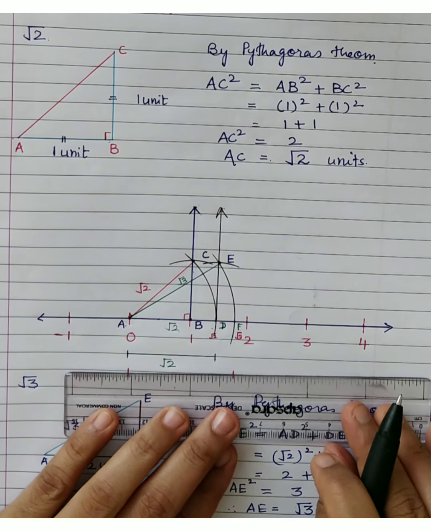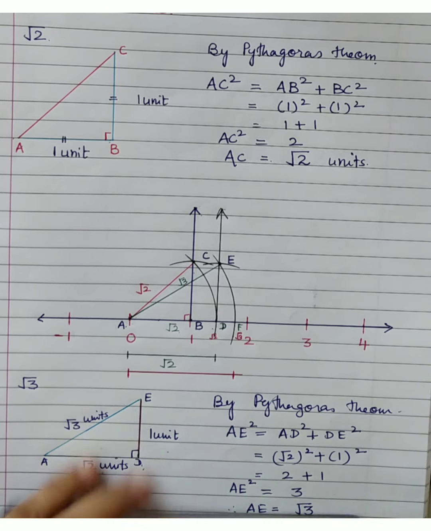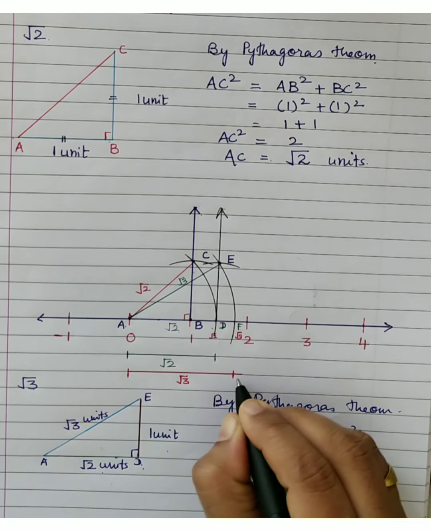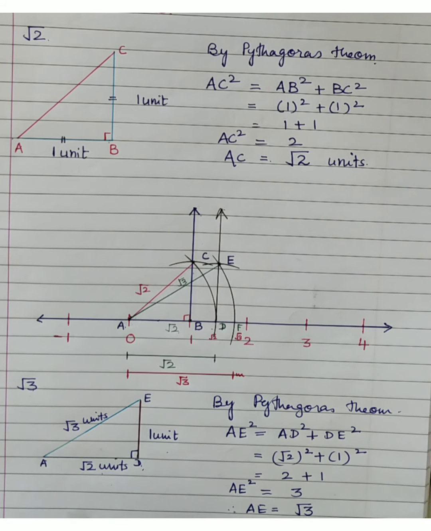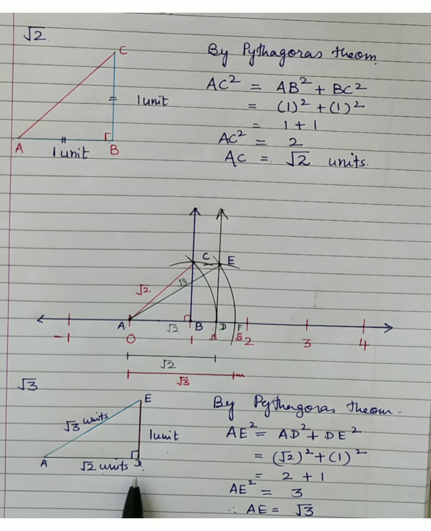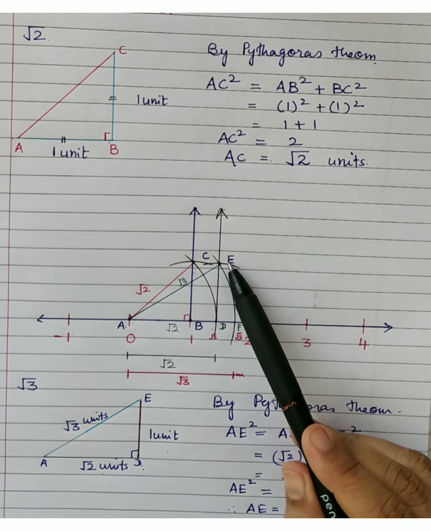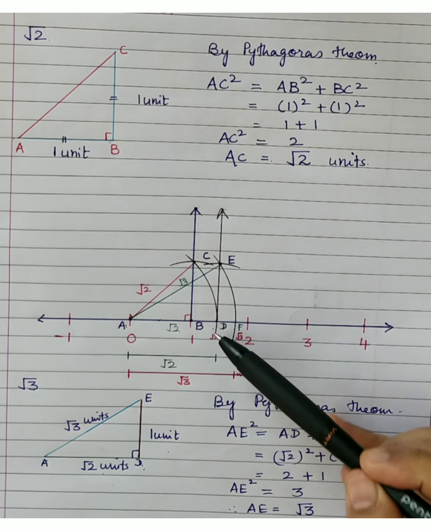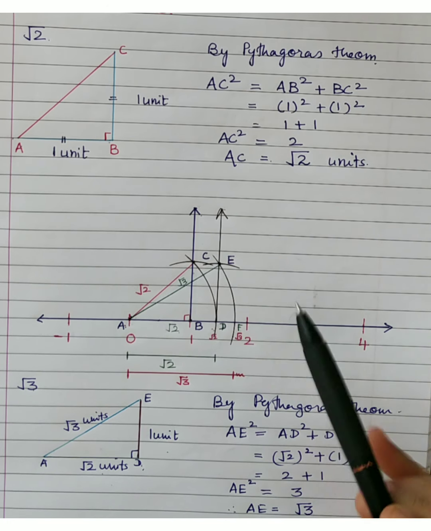This is your length root 3 obtained, for which we have taken the right angle triangle with the base root 2 units and height 1 unit, so that the hypotenuse was of root 3 length. AD root 2, DE 1 unit, such that AE is equal to under root